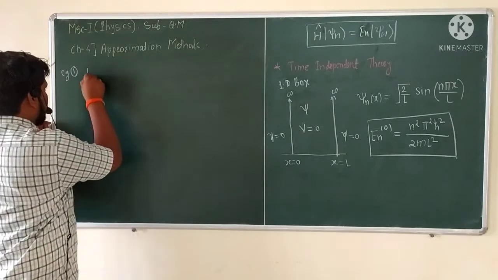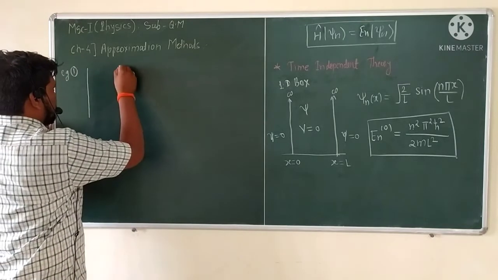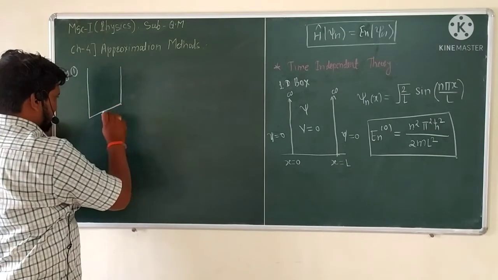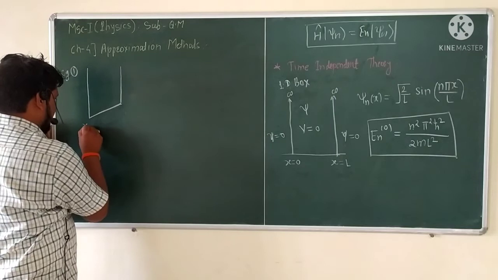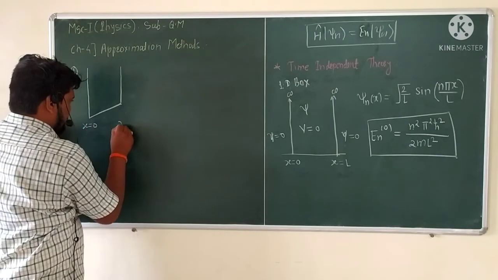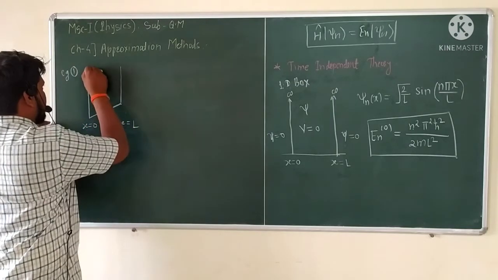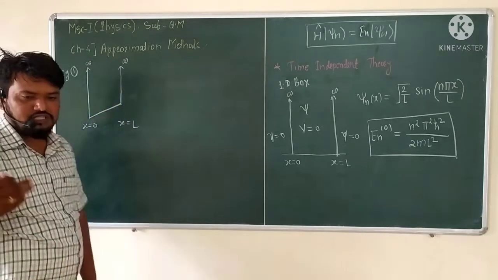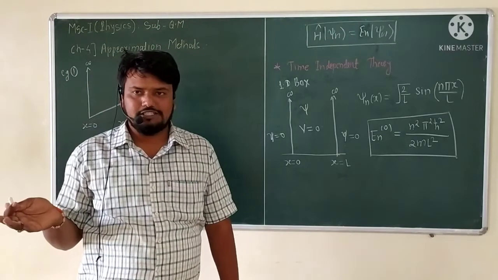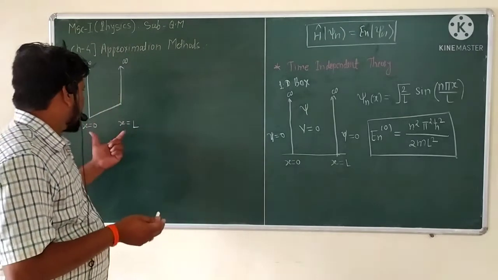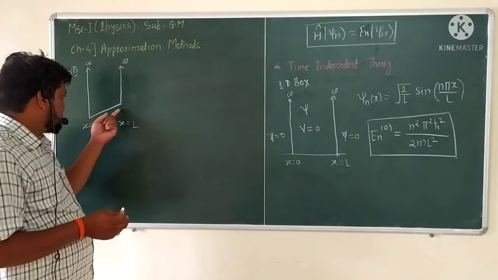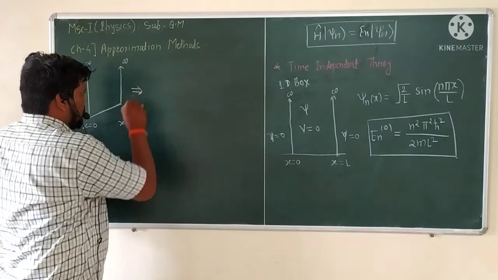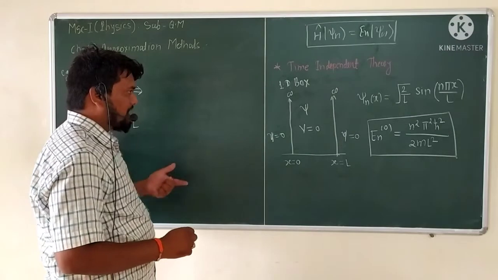Okay, and we want to take the potential barrier. For example, the limit is considered as x is equal to 0 to x is equal to L. This limit is the infinite potential, and inside it the potential is considered as 0. Actually, this part is absent. So this is how the original potential barrier, or 1D box diagram, looks.